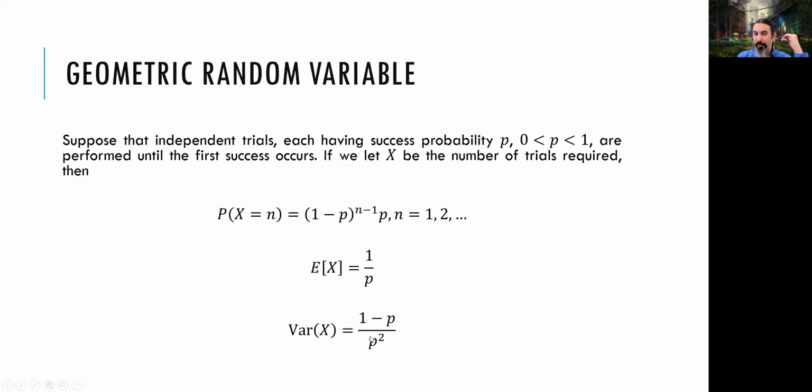Now, these two are important as well, especially the expected value, because you can find some shortcuts using them. If you can understand that the question you are given has a specific random variable, like a geometric random variable, you can just write it. This is a geometric random variable, and the expected value is 1 over p, so you don't have to calculate the expected value again and again and again.